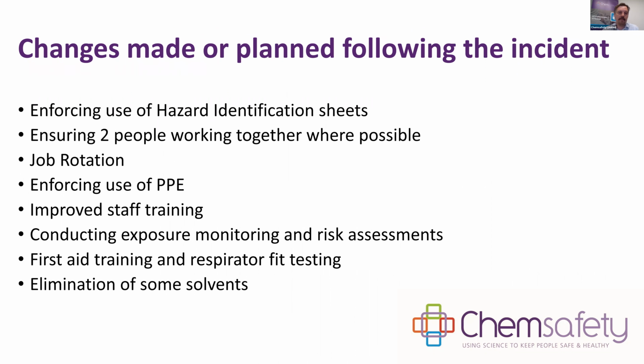So the changes made or planned following the incident in the company involved enforcing the use of hazard identification sheets, ensuring 2 people work together on some or most jobs, rotating workers to minimize the exposure time to toxic solvents, changing employment agreements to enforce use of personal protective equipment, and safety practices resulting in serious misconduct if they're not adhered to, ensuring all workers have a copy of the best practice guidelines,